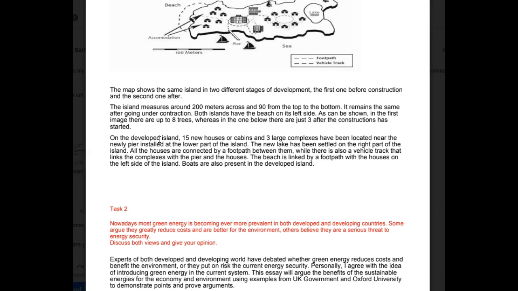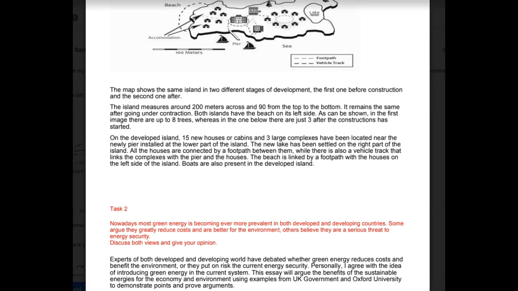You left that out. Apart from that, you also left out an overview. Now, just because it's a map, it doesn't mean that it doesn't require an overview. It most certainly does. You had a statement that looked like it might have been an overview, but it was kind of trapped there in the middle of all these other sentences, and so it wasn't really clear as an overview. So yeah, essentially just that the island remained, no, there really wasn't a no. There really wasn't an overview.